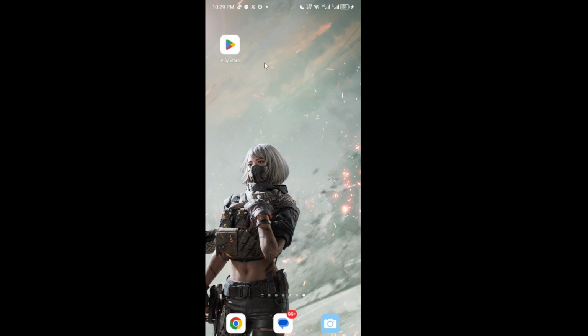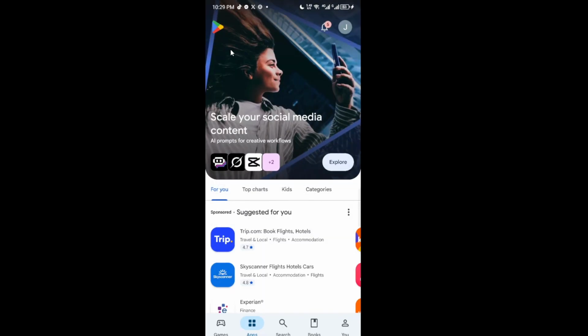First, open the app marketplace on your device. On Android, that's the Google Play Store, and on iPhone, it's the App Store. Look for the colorful Play Store triangle or the blue App Store A icon on your home screen or in